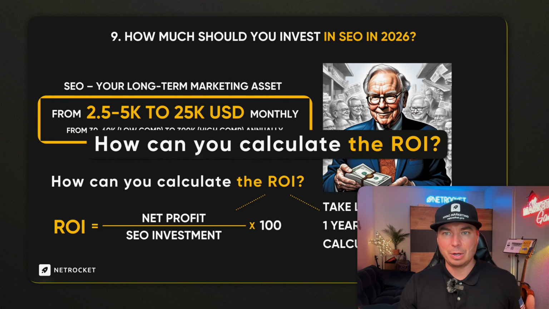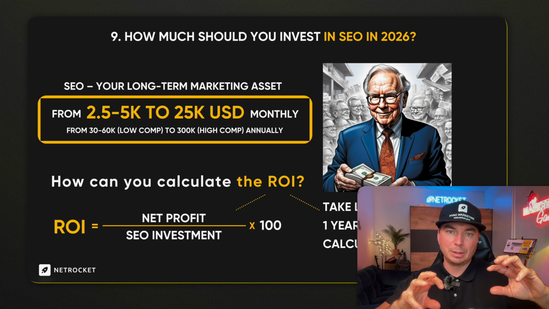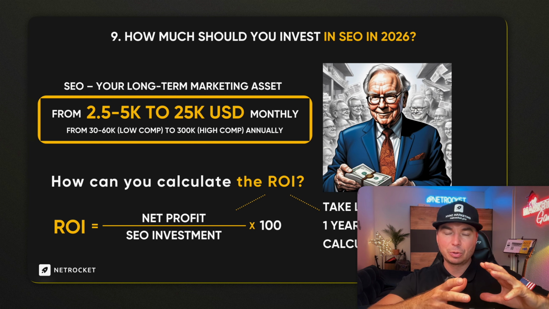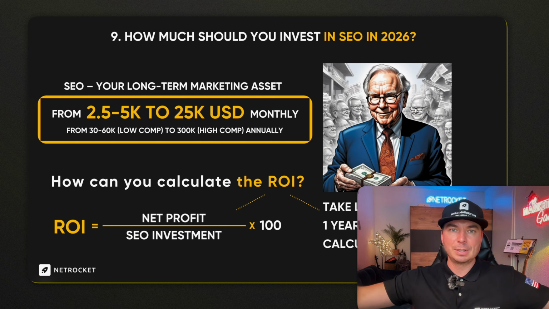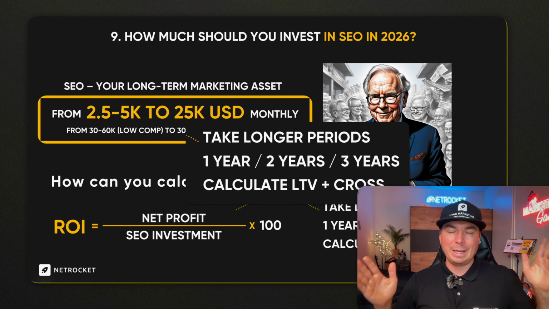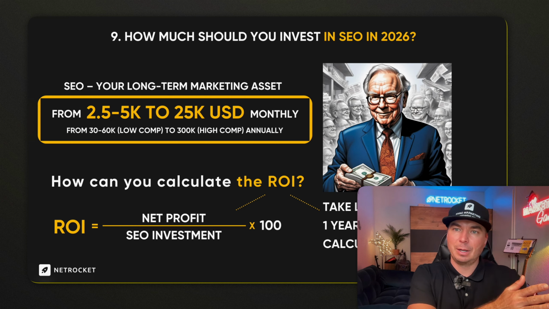In terms of budgets, how to calculate the ROI? We already talked about that. You need to do the math. The mistake which I see in the market is that some marketers and owners try to calculate the ROI for SEO, let's say for 3 months or 6 months or 9 months. We do it only annually. So 1 year, when the investment is 60,000, let's say.